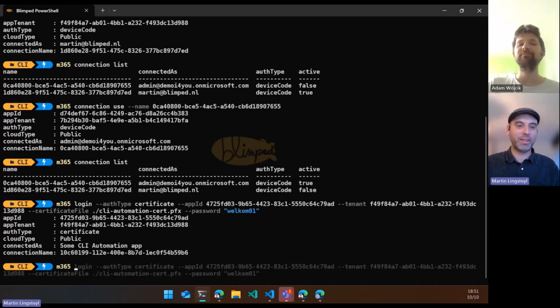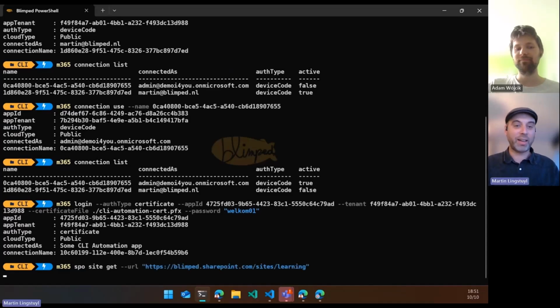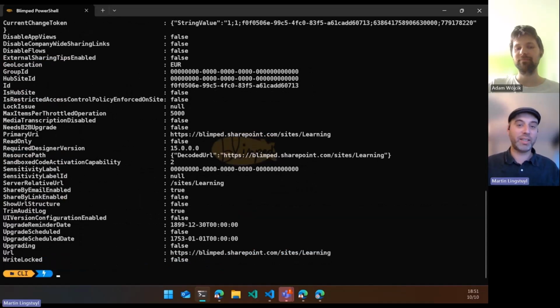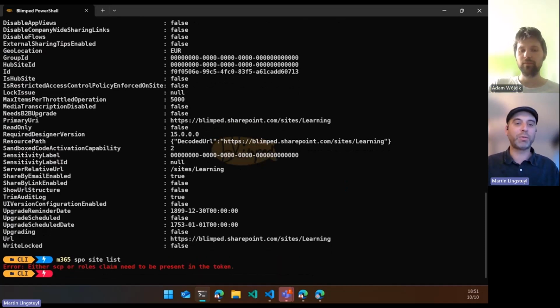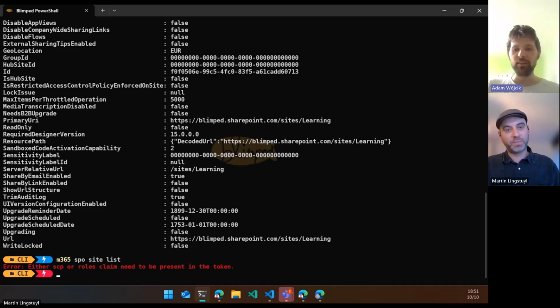So I can get my site, and I can see there's a site to get. But if I want to run SPO site list, I believe it will fail because you don't have the permission set on the app. Yeah. So if you now run the connection list command, we will see that now you're active over the connection,